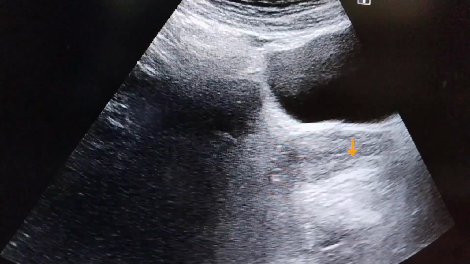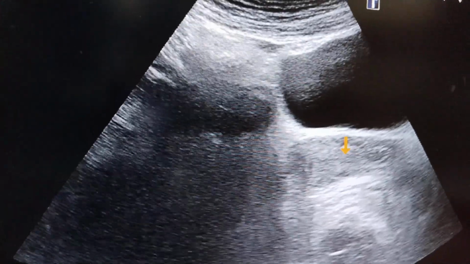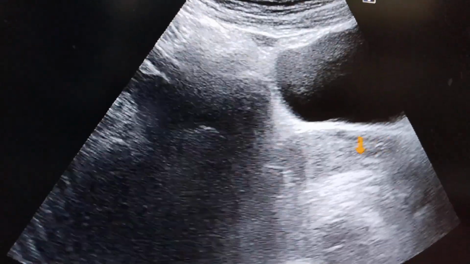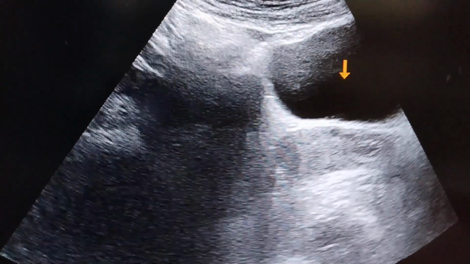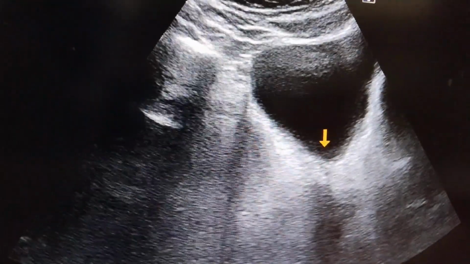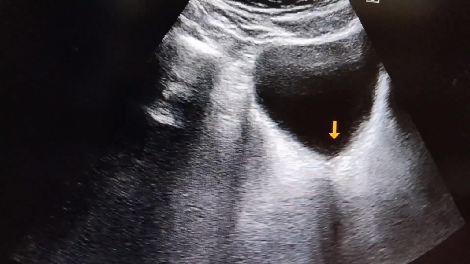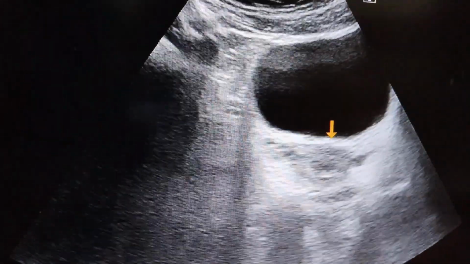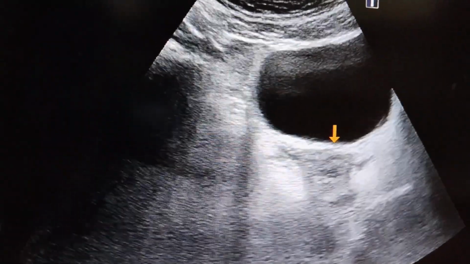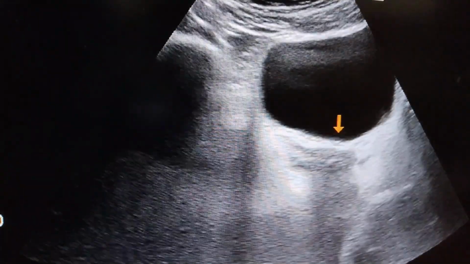So whenever such a presentation is present in the transabdominal scan, this means that this is the uterovaginal prolapse, and such a presentation with gradual narrowing of the bladder is the cystocele. We have already discussed a case like this. So this patient is having cystocele